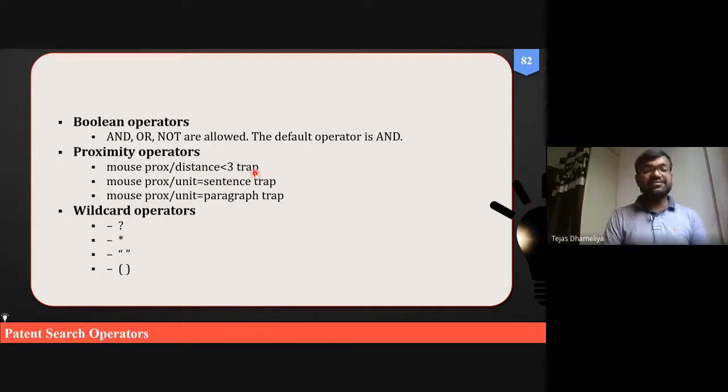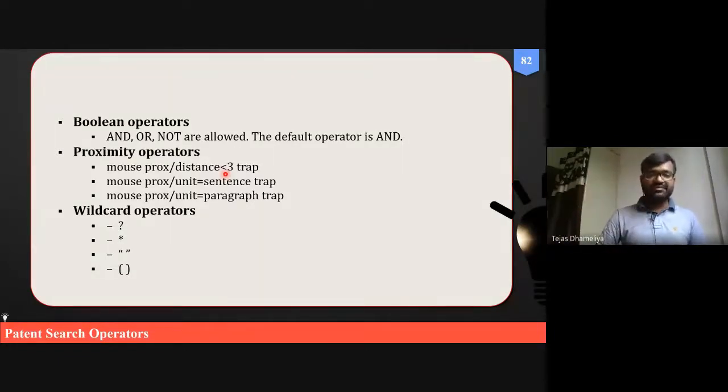So in this case we can specify such limitations that the distance should not be more than 3 words, or it should be within a sentence, or within 2 sentences, or within a paragraph. So this we can also give by the use of these proximity operators. So we can give benzothiazole as anti-TB agent, distance less than 3 words. That means these words should not be more than 3 words apart. So if there is a sentence in which benzothiazole and anti-TB agents are spaced 4 words apart, it will not cover it. But with less than 3, the sentence will be identified wherever it is in the patent, and that patent will appear in your search list.